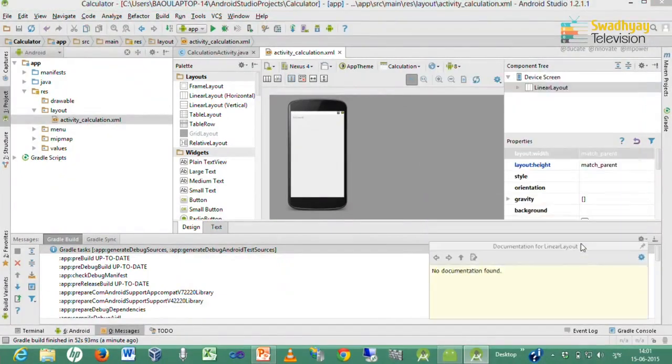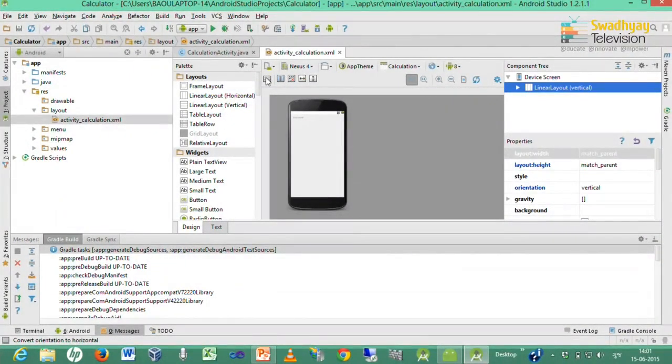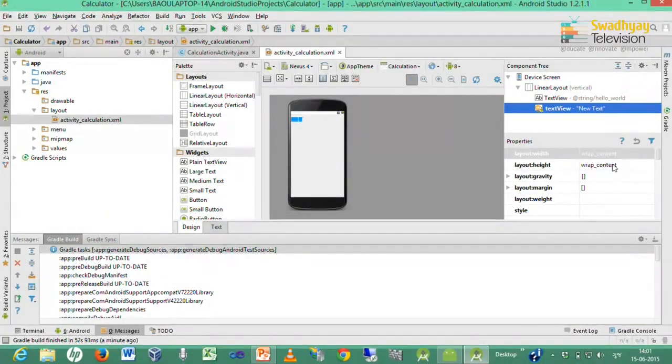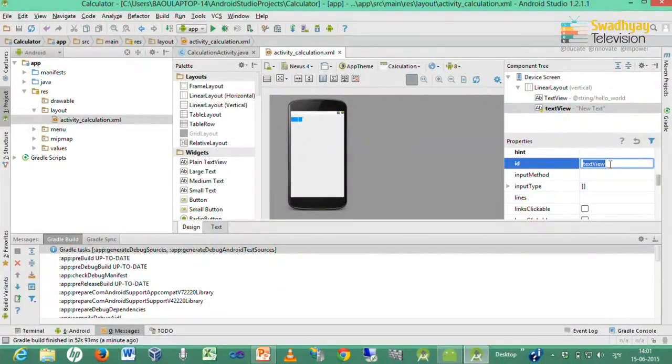Here you can see now it is changed to linear layout, but all components are arranged vertically. So we change that to horizontal or vertical from here. So I take one plain text view here and set its text property to enter number 1.